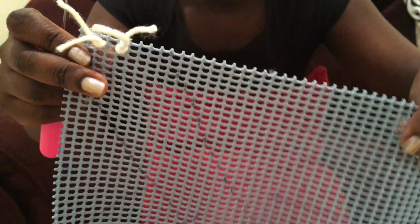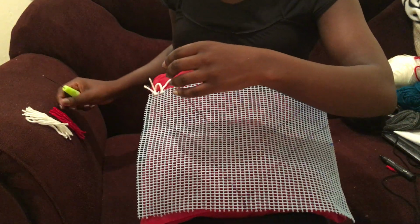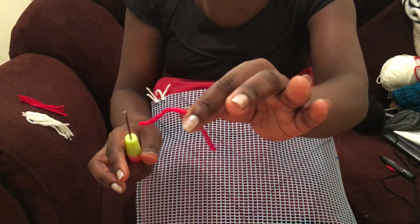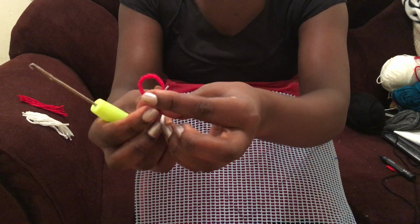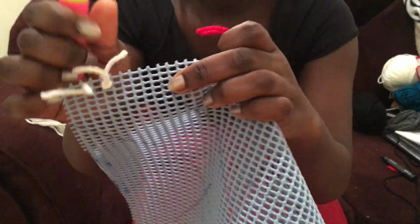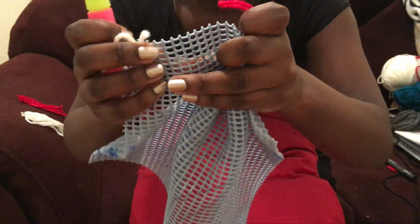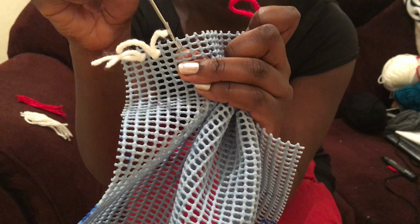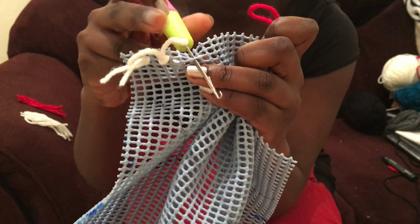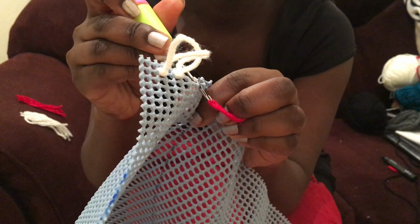So you fill this whole part with the white. Let me try with red, maybe it will be more visible. So you take your piece of yarn, you fold it twice, you take your crochet, you insert. Now we want this other bit where we want red. So you insert this here and out, you hook, then you pull,